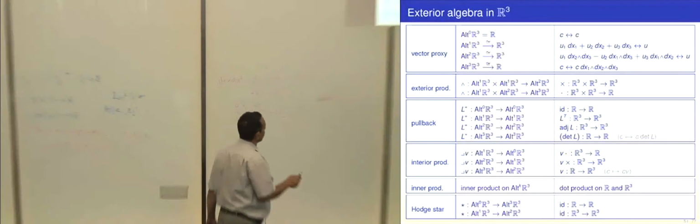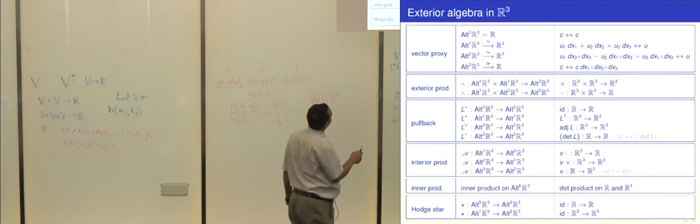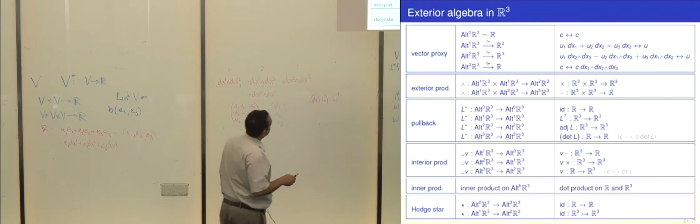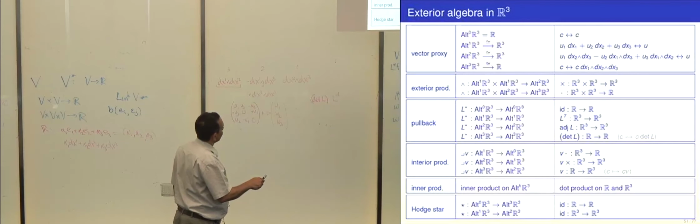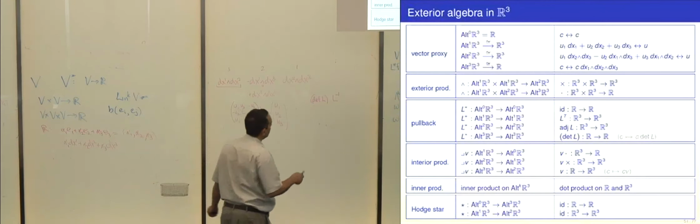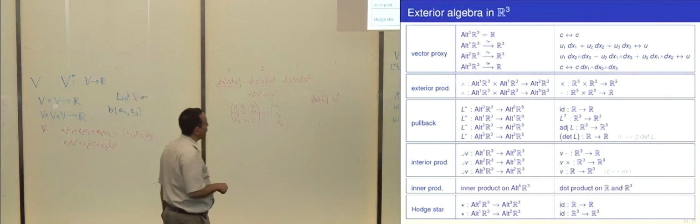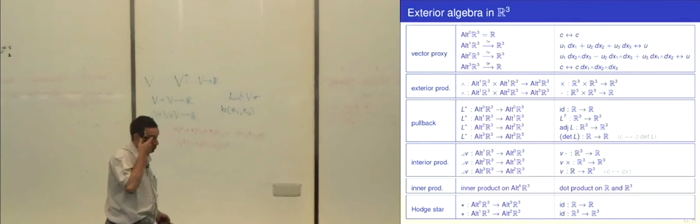And what's the Hodge star operator? Well, we set this all up so the Hodge star operators are all the identity. So if you think of a 0 form as a real number, and if you think of an n form as a real number, the Hodge star is the identity, the same real number. So in other words, it says, take your 0 form and think about it like it were a 3 form. They're both real numbers after all. Take your 1 form and think about it as a 2 form. They're both vectors after all.